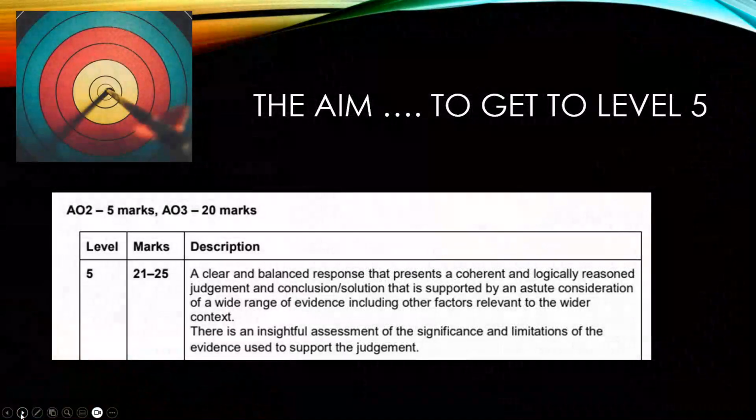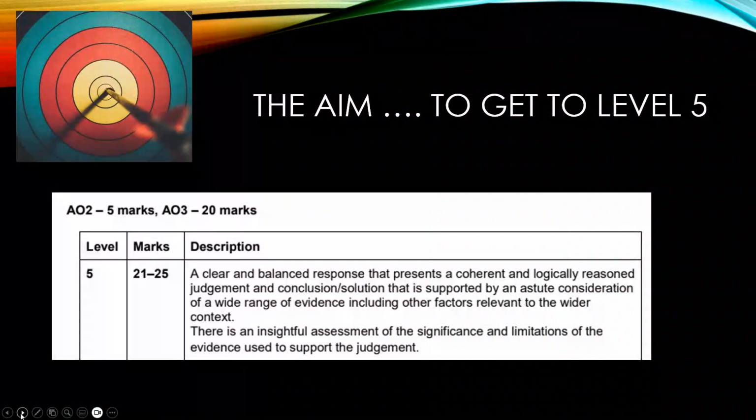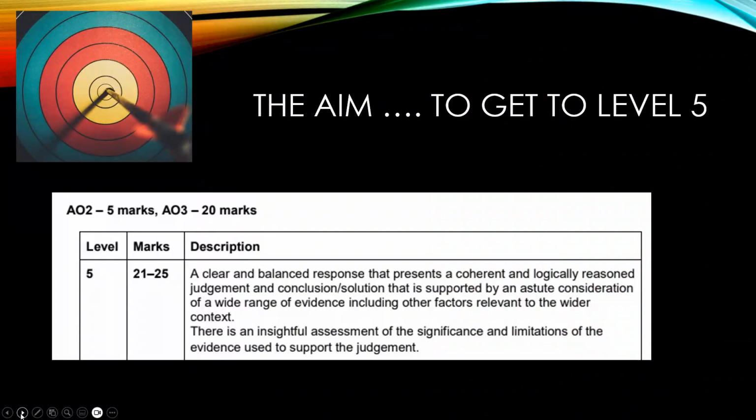Okay, so the aim obviously is to get to level 5. So what you're looking for is a clear and balanced response. So clear means it's easy to read, balanced or well organized as well. A balanced response means that you've weighed up equal numbers of pros and cons, financial, non-financial, for each company, that